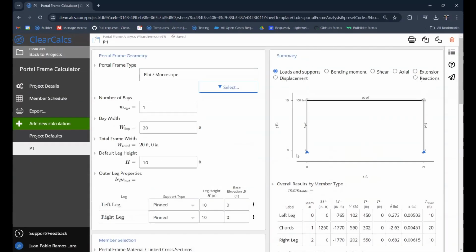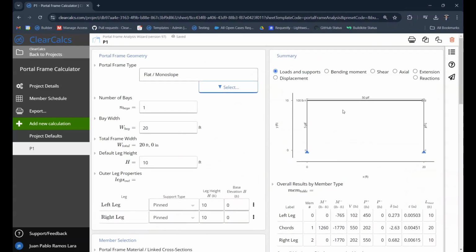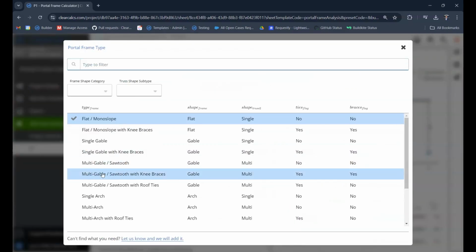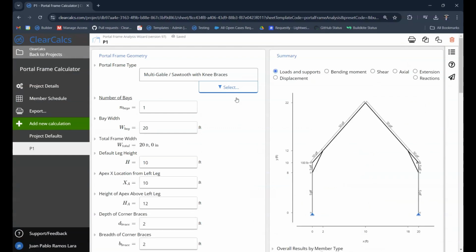So after it loads, here in the right section, we can see the representation of our portal frame. And here we can change the properties of our portal frame to adapt to our necessities. So here we can modify the portal frame geometry. Here we can select the portal frame type that we want. And after we select it, here in this section, we can modify even more the geometry properties of our portal